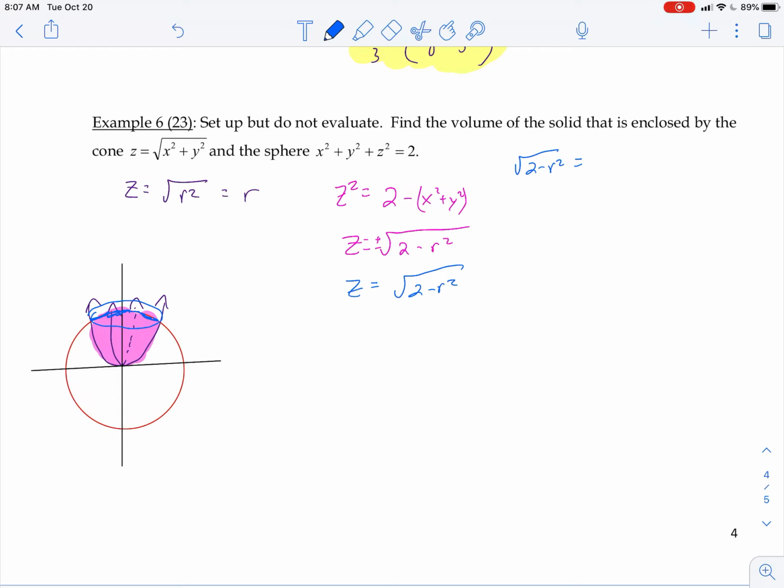So if z is equal to the square root of 2 minus r squared, and that's equal to z equals the square root of r squared,